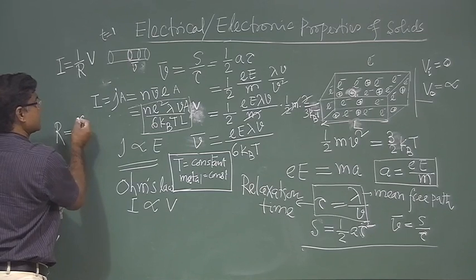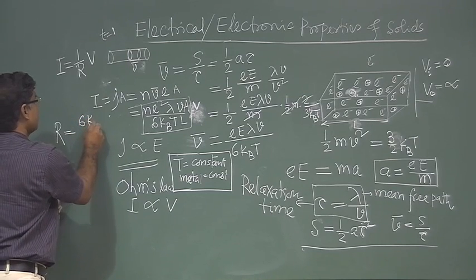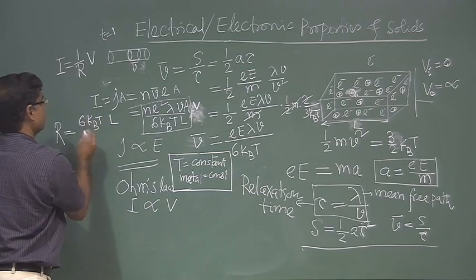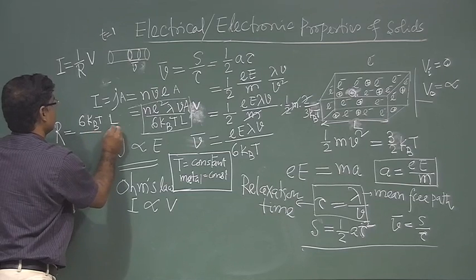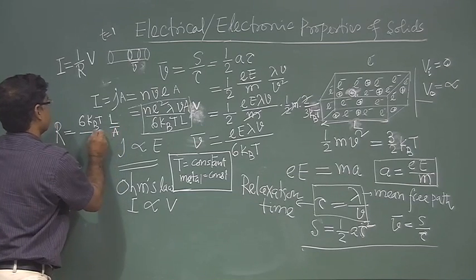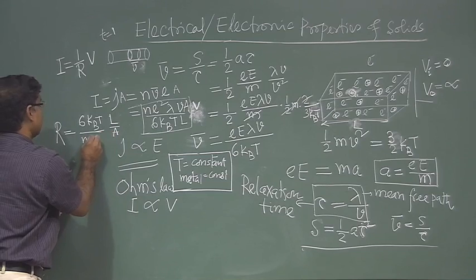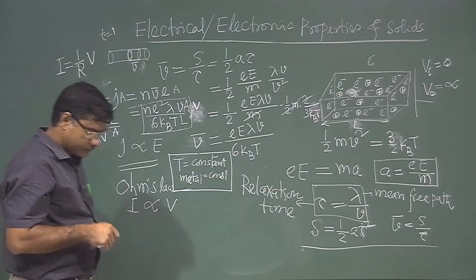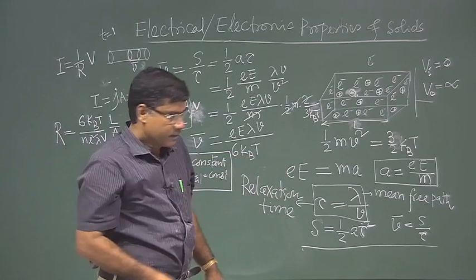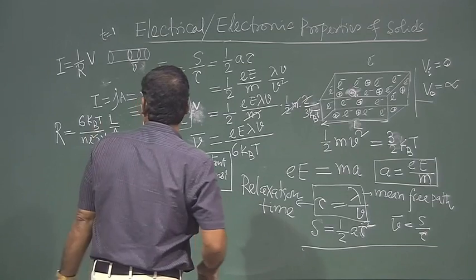So, 6 kB T L by n square lambda v, right. So, this we can write,